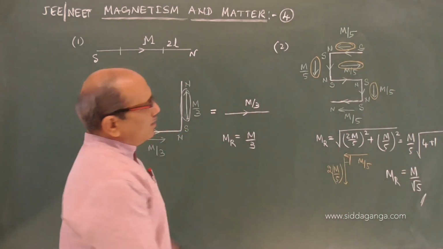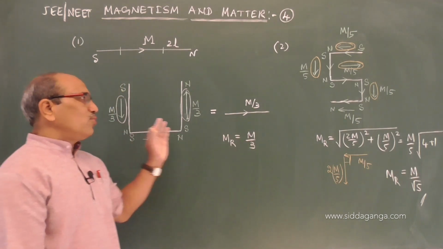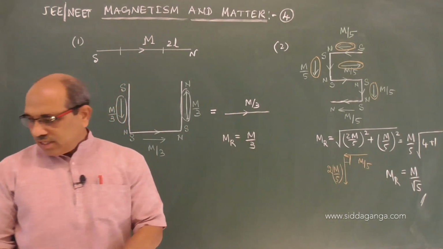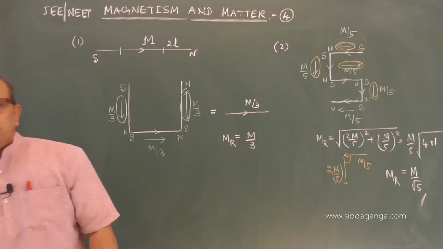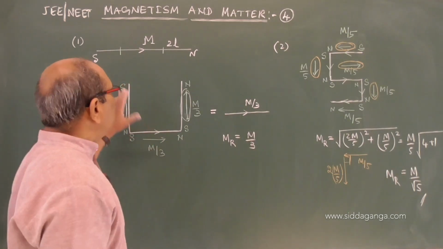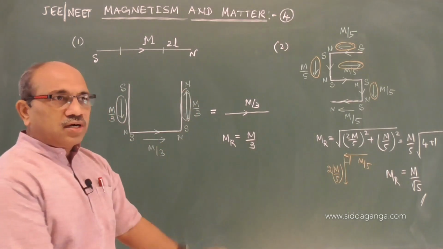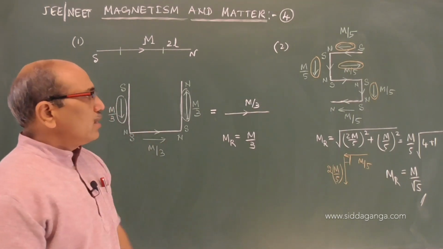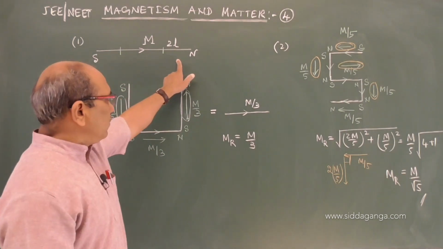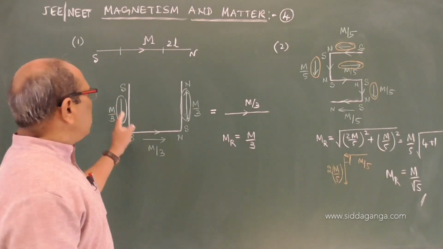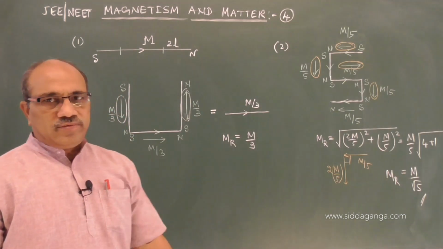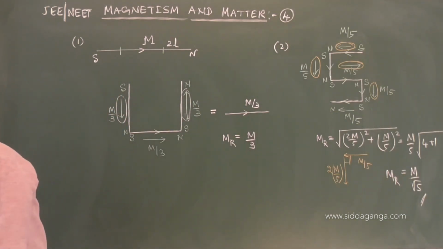So they may take different forms. I showed only two cases. I have given the idea of how this new moment can be estimated if they cut or bend the bar in a certain fashion, what happens to each part's moment, and how, when arranged, the new moment will appear. Let us come to this extending one.